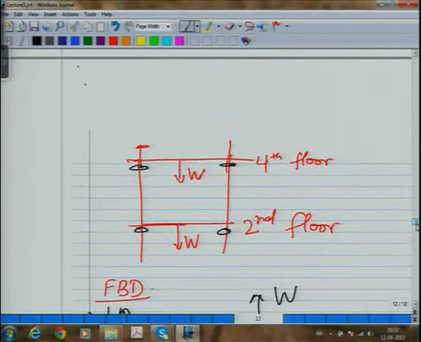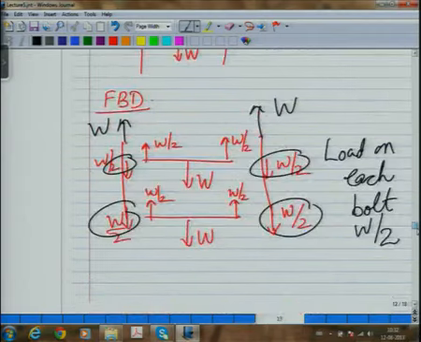So this was supposed to be the original design. This was the walkway on the 4th floor, walkway on the 2nd floor, and connected like this, and there were supposed to be bolts here and bolts here. And if we analyze the original design, suppose there is weight W on the 4th floor and weight W on the 2nd floor, then if I draw the free body diagram, what I find is,